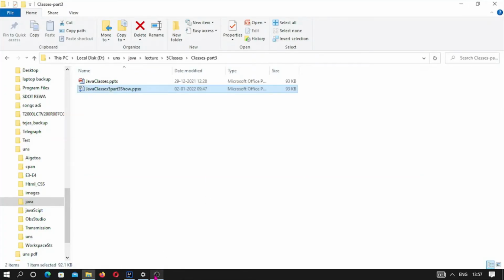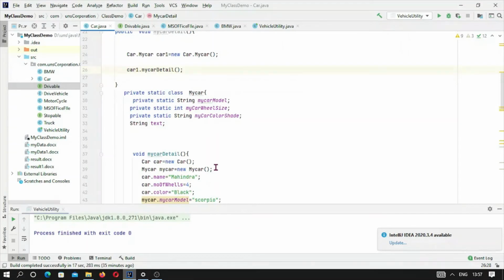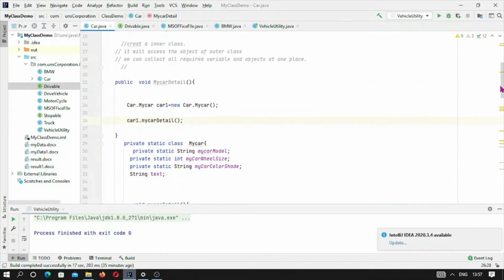Here, in a previous example, we have already created a car class. So let me make my car class static. Here the word static signifies that the inner class is now static, and all the fields which we created in the previous lecture have been made static.